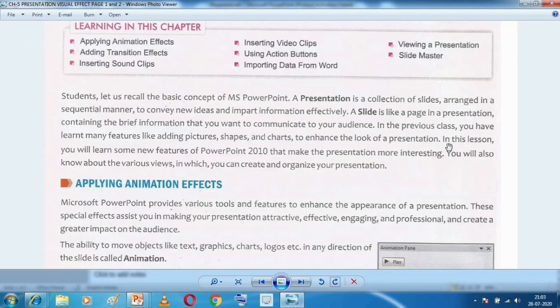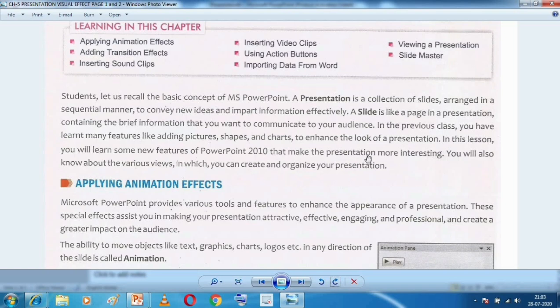In this lesson, we are going to learn some new features of PowerPoint 2010 that make the presentation more interesting. So in this chapter, we will study how to make our presentation more interesting. Earlier, in the previous class, we studied how to insert pictures, symbols, smart art graphics in your PowerPoint slide.